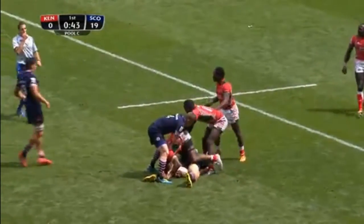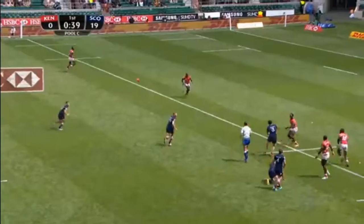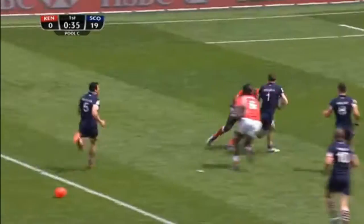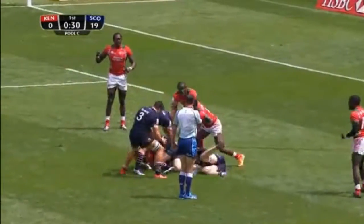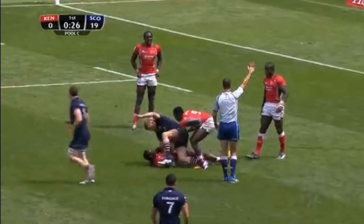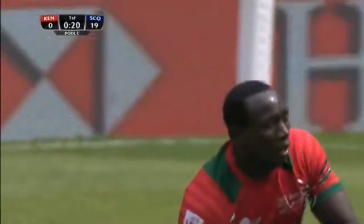Defence has been good here for Kenya. On your elbows. But Kenya over the top of the ball. Quick tap and go then for Hugh Blake. Riddle takes the close line. Scotland flood that contact here to retain the possession, but they're holding on the ball and penalised there. So Scotland had an opportunity to get their fourth try there, but good defence came in there from Oscar Iodi